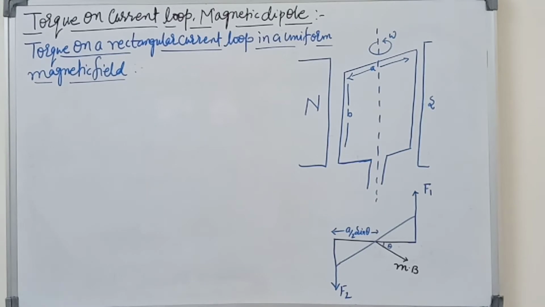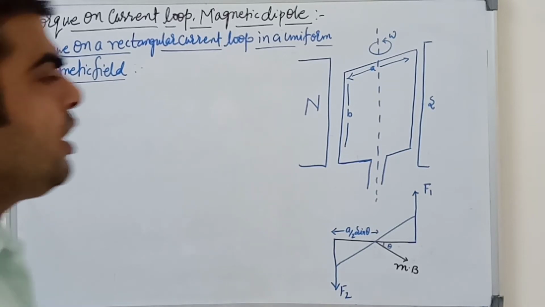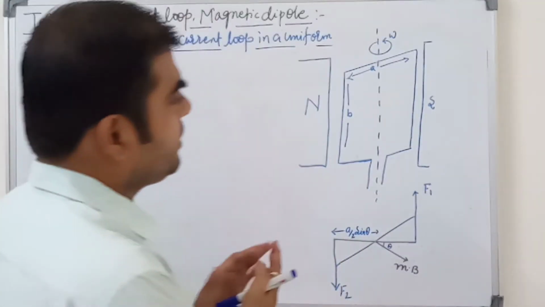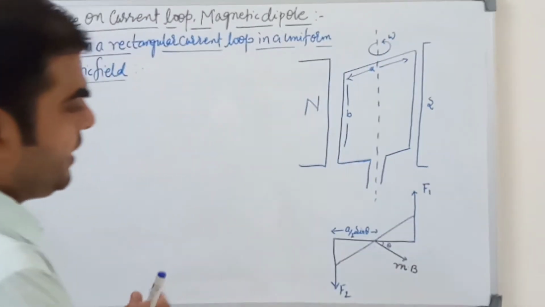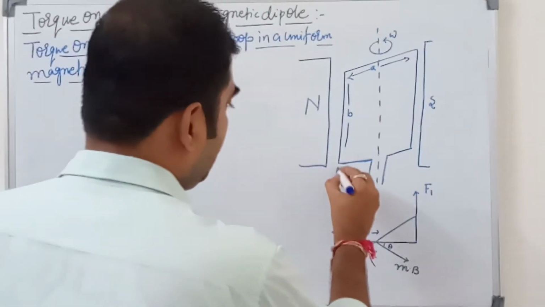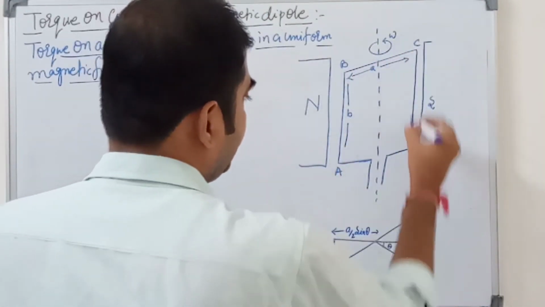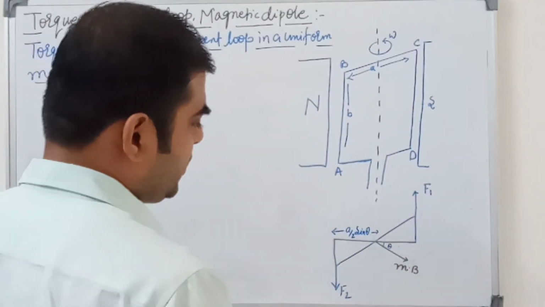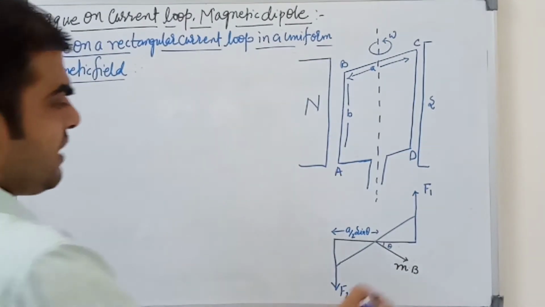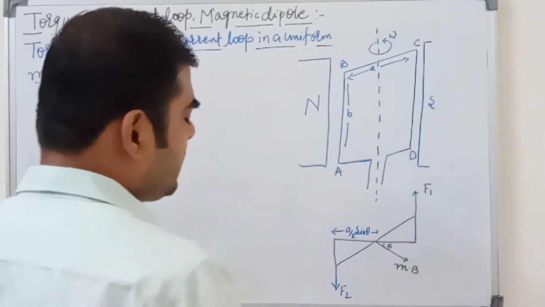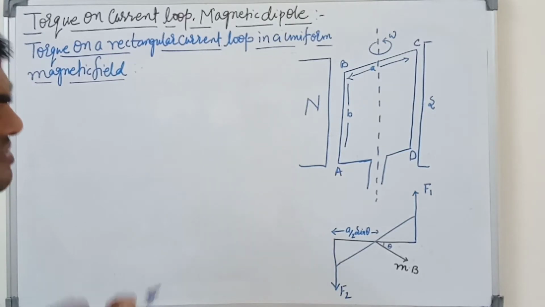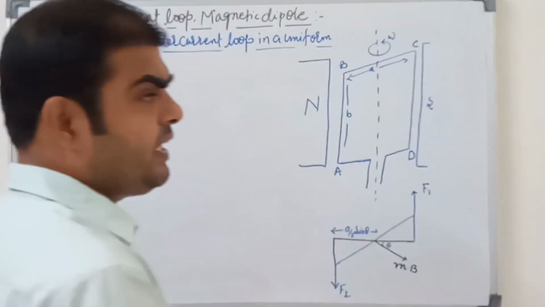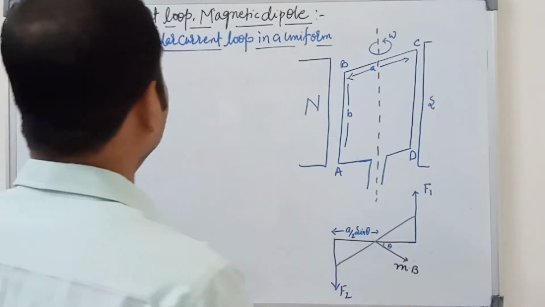Now the next point is the same point. The rectangular coil creates an angle theta. It means theta degrees is created. So the angle of the rectangular coil shape is somewhat different. Okay, you can see there is AB and here is CD. The coil is a rectangle creating angle theta. So you can see this second picture is very clear. Now the forces F1 and F2, the right hand side force and left hand side force, are equal and opposite, but the distance is a by 2 sine theta, and theta is the angle with the magnetic dipole moment.